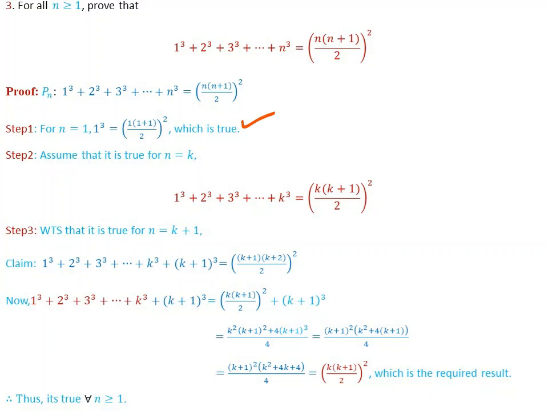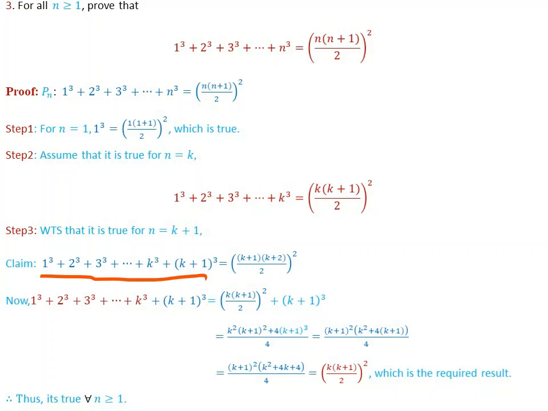Step 2: assume that it is true for n is equals to k, or simply we substitute n by k, then we have 1 cube plus 2 cube plus 3 cube plus k cube is equals to (k into (k plus 1) over 2) the whole square. And this is our assumption. Step 3 እንደሚለው we want to show that እኛ ማሳየት የምንፈልገው it is true for n is equals to k plus 1. n is equals to k plus 1 true ነው ብለን ማሳየት የምንፈልገው, therefore our claim becomes